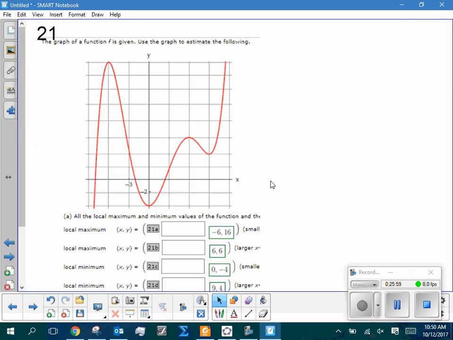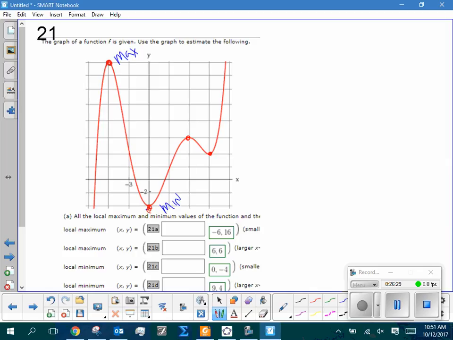Number 21, same concept. I'm just going to look at that point, that point, that point, that point. My eyes are drawn there because those are troughs or valleys, however you want to refer to them, and then you've got your peaks as well. So a trough or a valley here, a trough or a valley there, peak, peak. Peaks are maximums, troughs and valleys are minimums. So max,